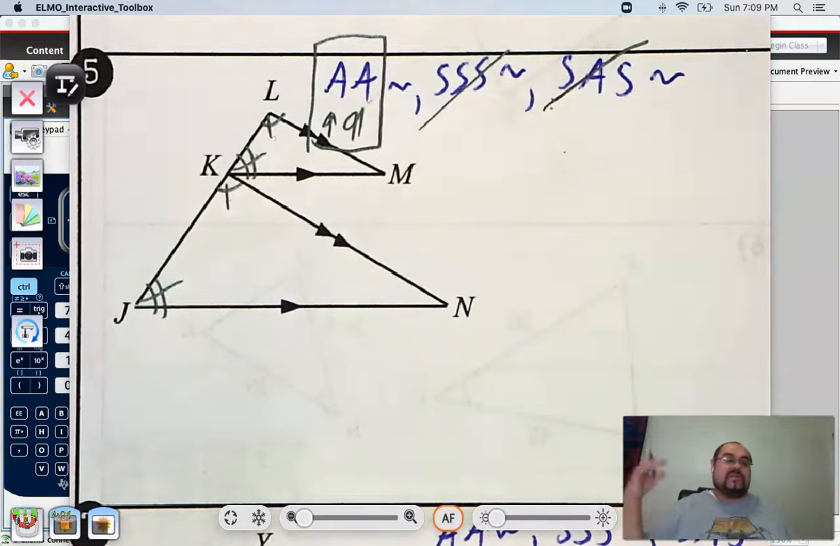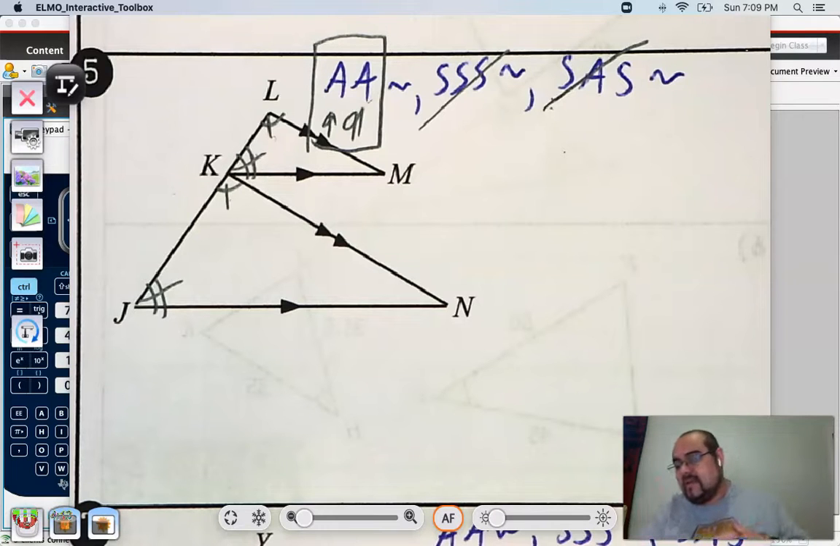Based off of the definition of similarity, remember all angles between two similar triangles are congruent to each other. Okay, it's the sides that are proportional, but the angles are congruent. They're equal to each other. All right,